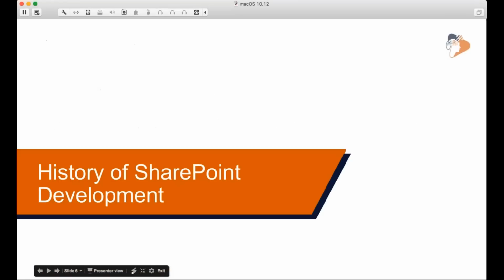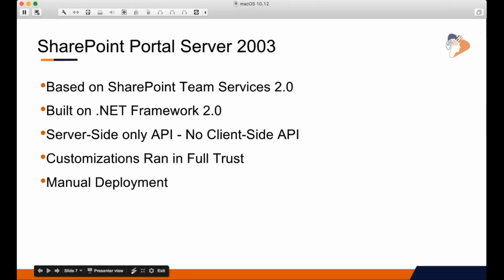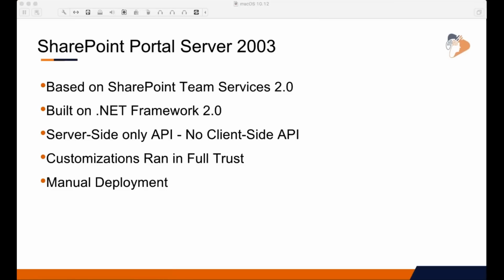Okay? So let's start diving into this. Let's talk about the history of SharePoint development here. We're going to blaze through this pretty quickly because we're traditional SharePoint developers, but I want to at least have context on where we are. The first version of SharePoint that was really embraced by developers, and you could argue that, was SharePoint Portal Server 2003. I mean, we had 2001 and SharePoint Team Services 2002, but SPS 2003 and its free cousin, Team Services 2.0 that it was based on, were the versions that developers really started to customize.